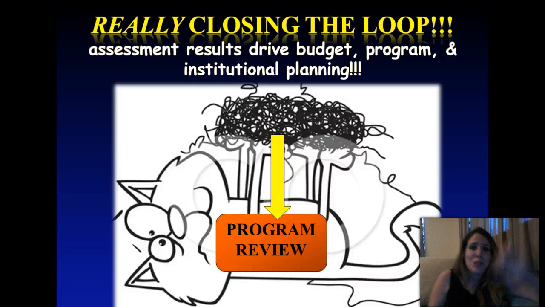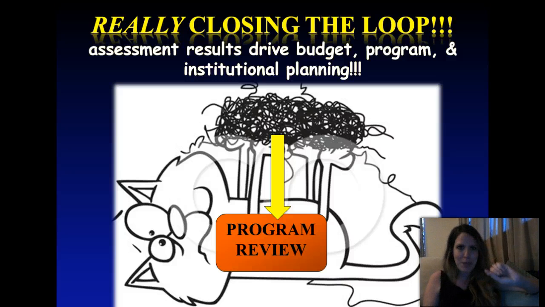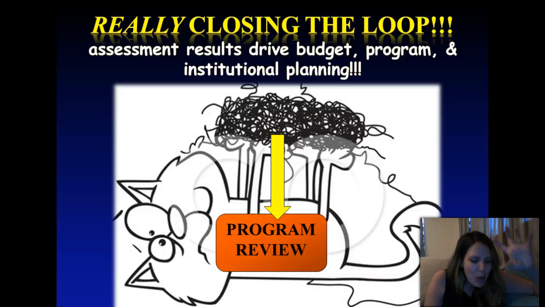So we're going to take the results of our course learning outcomes, we've mapped them to the PLOs, we've mapped them to the ILOs, and now we're going to say, okay, are our students getting what they need? And even every year when we do our annual program reviews, a program review committee can sit down and say, okay, has it been doing its assessment? And has it been using the results of the assessment to implement change? And if not, if there's no implementation of improvement going on, maybe there's a problem with that program. Maybe that's not where we want to focus our college's resources.